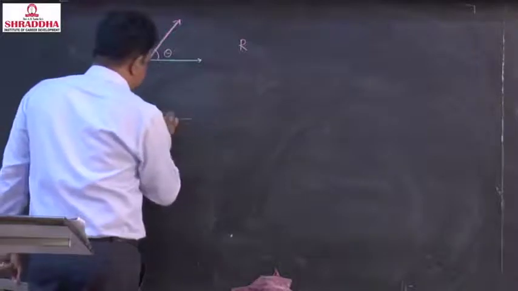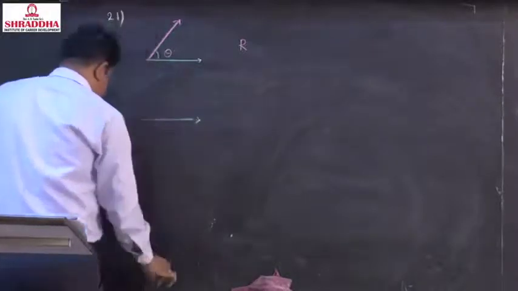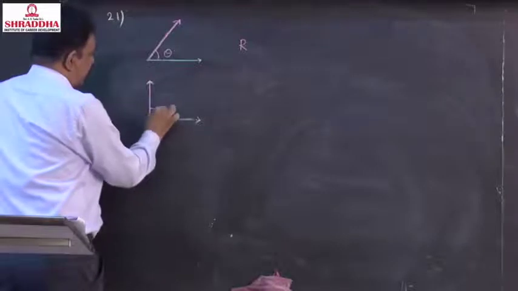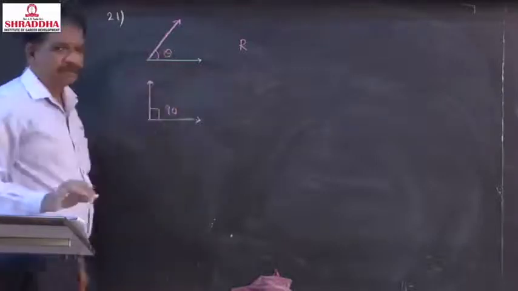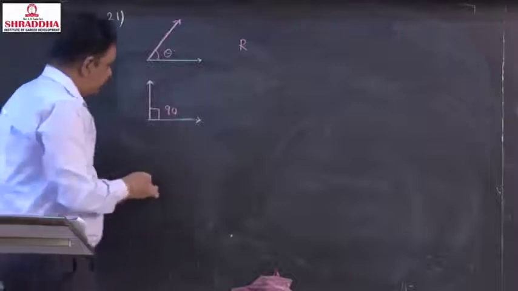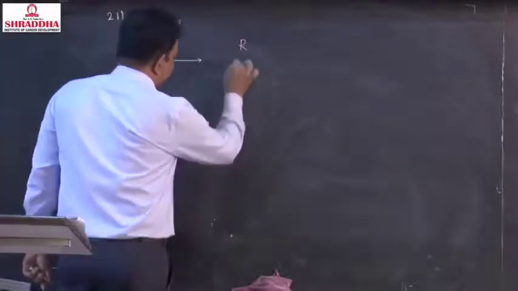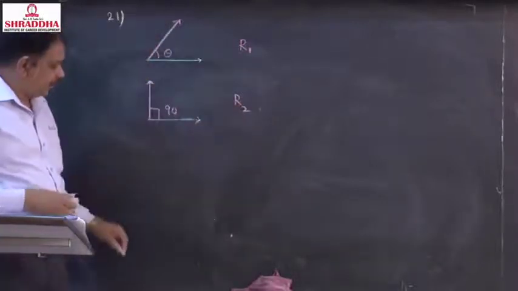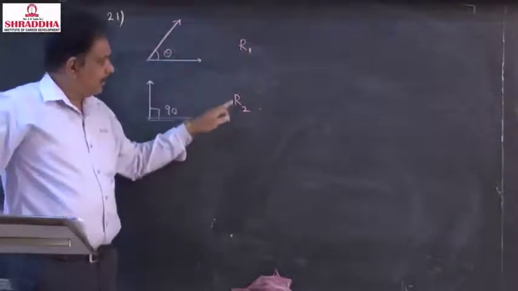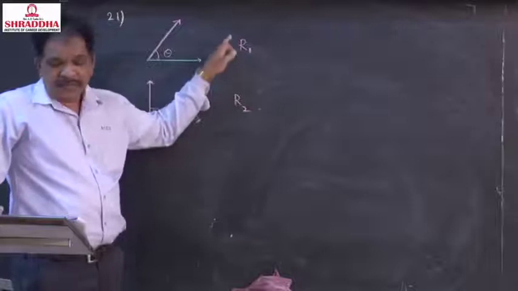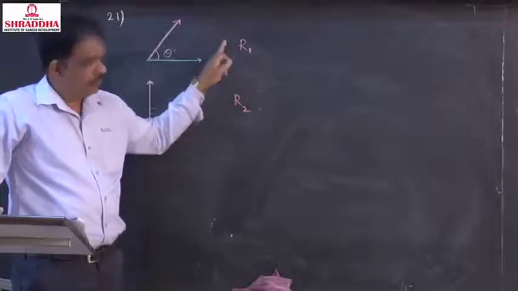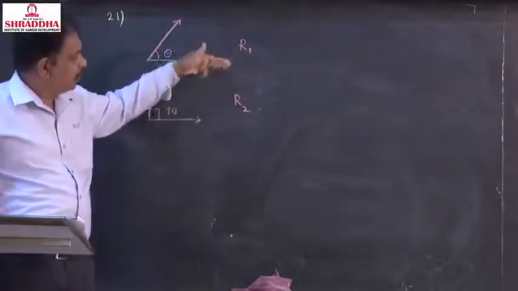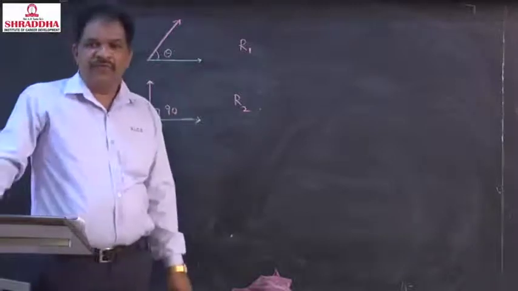This is one vector. This is another vector. They are the same vectors only, now they are perpendicular. Now that is having some resultant. Let it be R1, let it be R2. The relation of the squares is R1 square is equal to R2 square plus 2 plus 12. If we subtract these squares, then we get the value of 12.